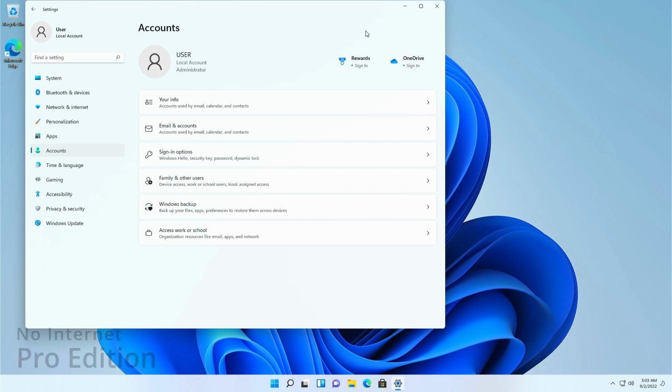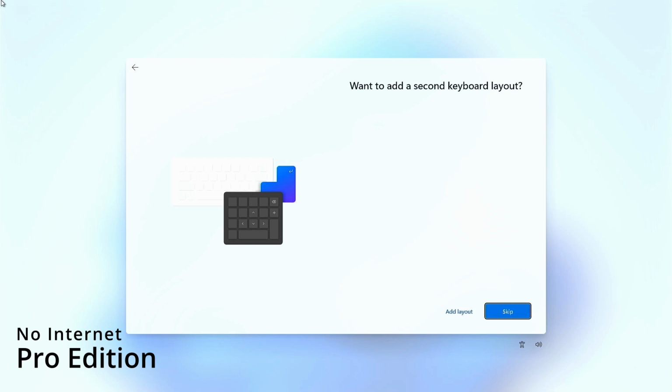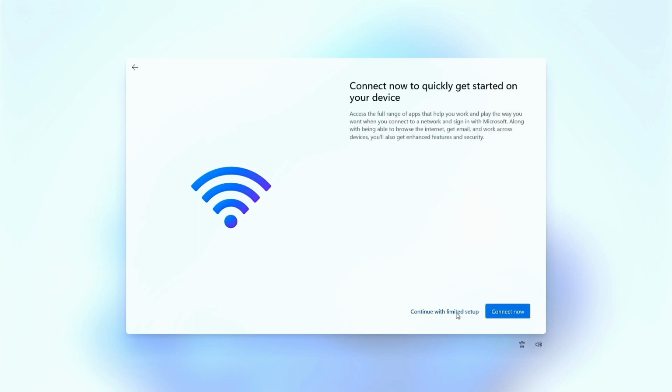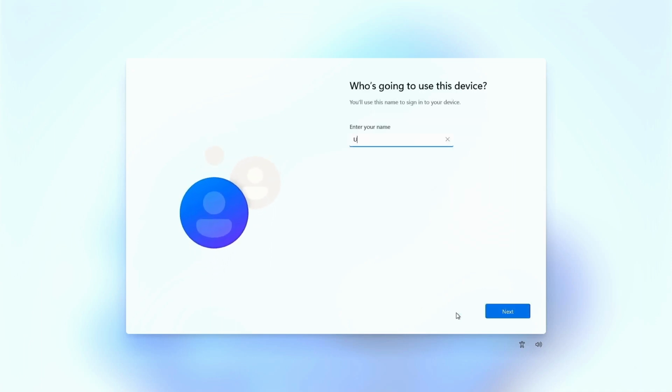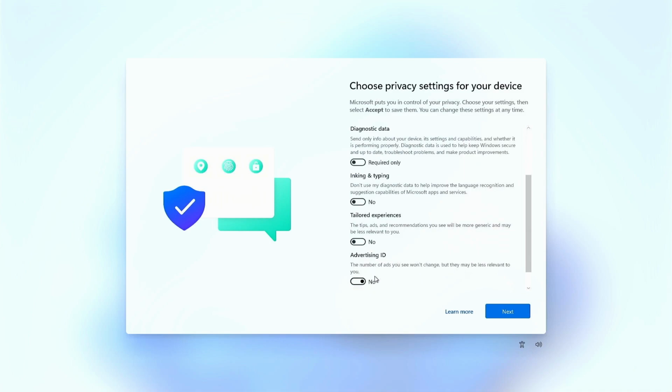When there is no internet available with the Pro edition at the time the wizard is displayed, in contrast with the Home edition, here you do see the option by default to choose I don't have internet. After choosing that, you get that additional warning as well, where you can choose Continue with limited setup. In the next screen, you get to create a local user account without any further issues. Once completed, you can just click your way through the rest of the wizard and you will end up with a local user account once more.